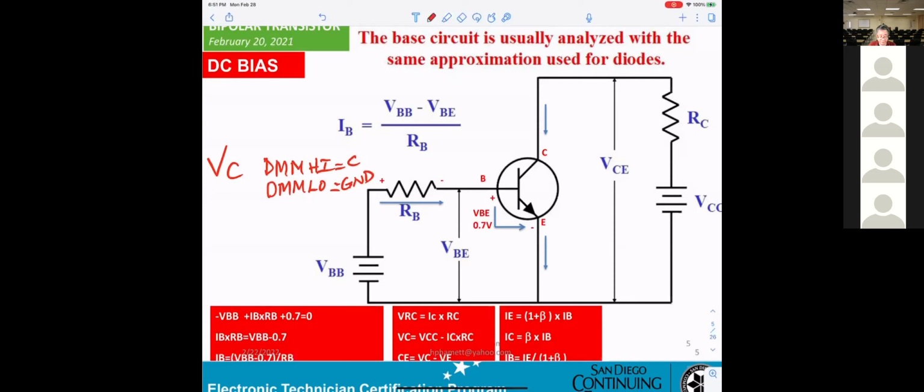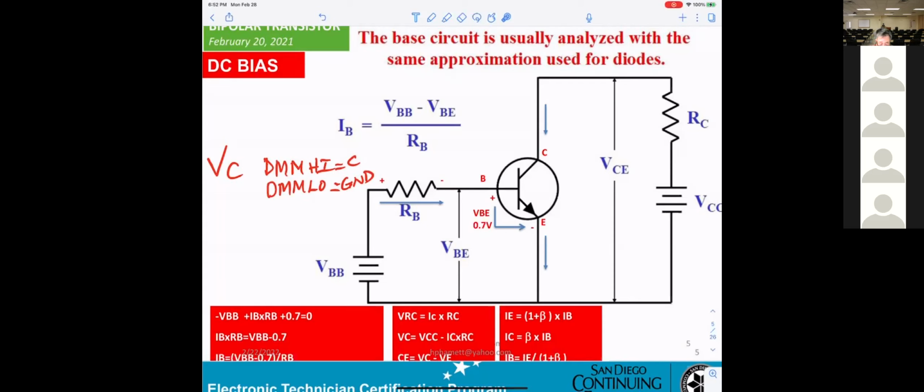VRB means measure the voltage across RB. High side connects here and low side connects here. You get that?